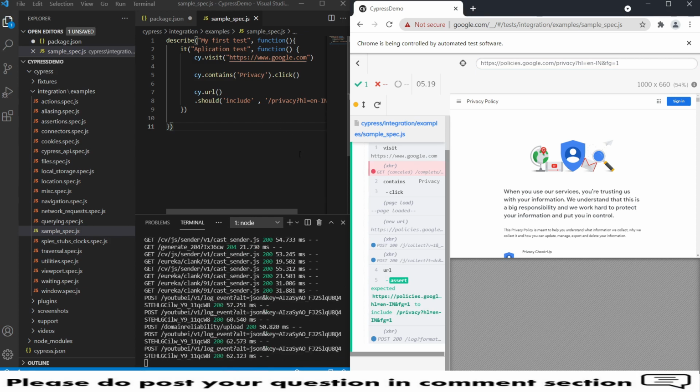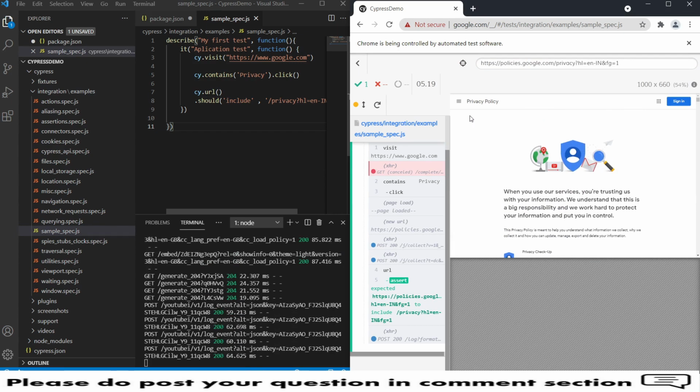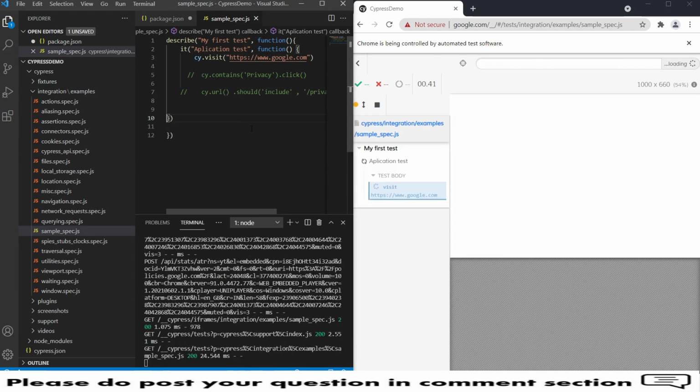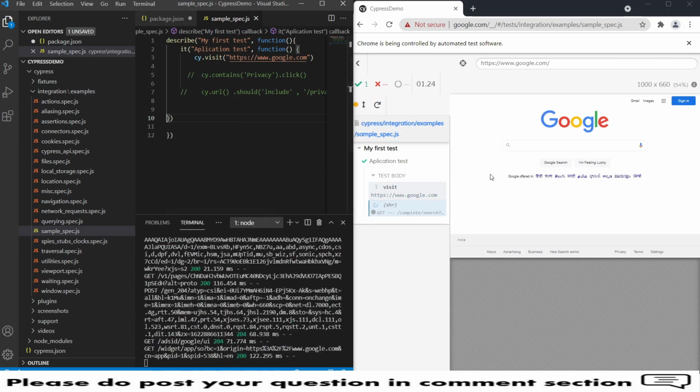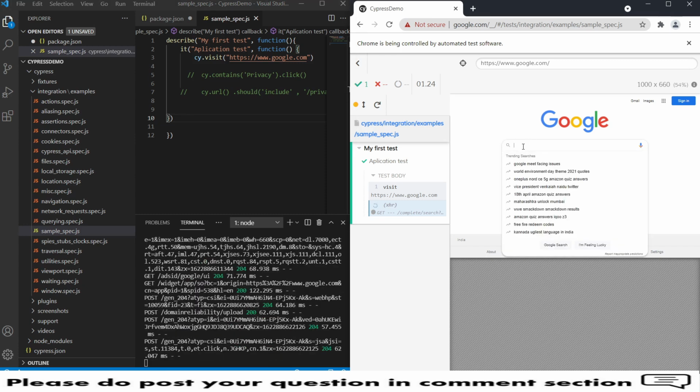Now I wanted to see whether we can search for something, and I will click on the search icon. So let me go back to the actual page, so I don't want to click this. So yeah, I can comment these lines. Let me quickly save so that you can see the Google browser again. Search page. Under that, here you have this edit box, and under that edit box, I wanted to search something like Cypress.